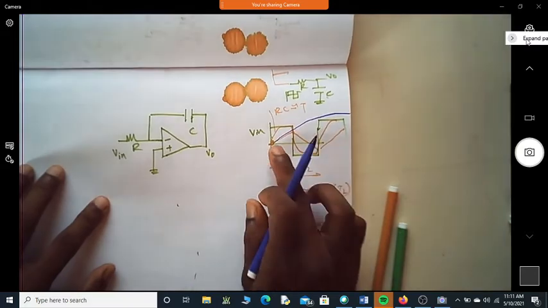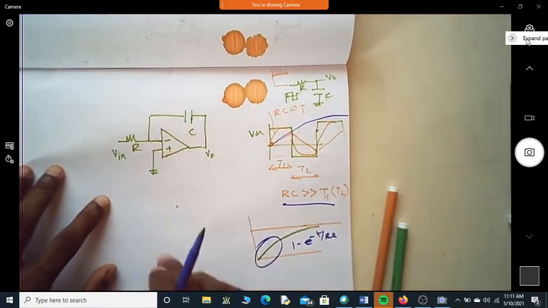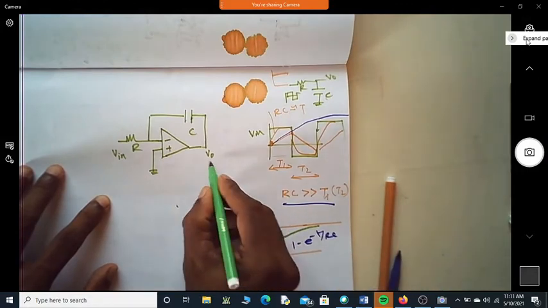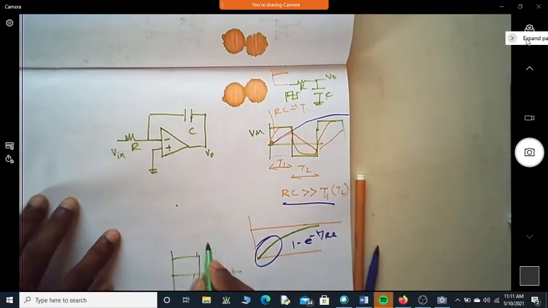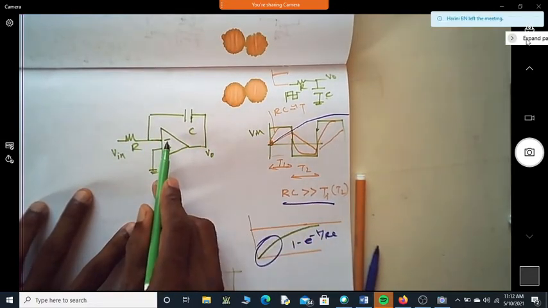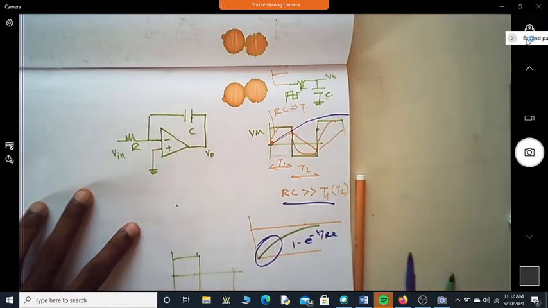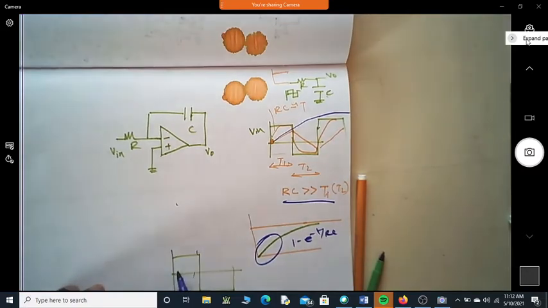So this is what is happening here for this circuit. Suppose you take the same input here, a square wave, if you consider a positive square wave, see here, this is still an integrator. Since it is connected to the inverting terminal, will it actually happen the opposite? So instead of increasing like this, if you assume that initially it was some positive value, this will actually come down. For negative volt,